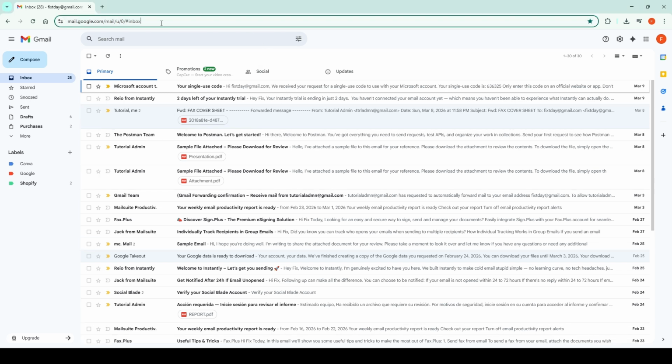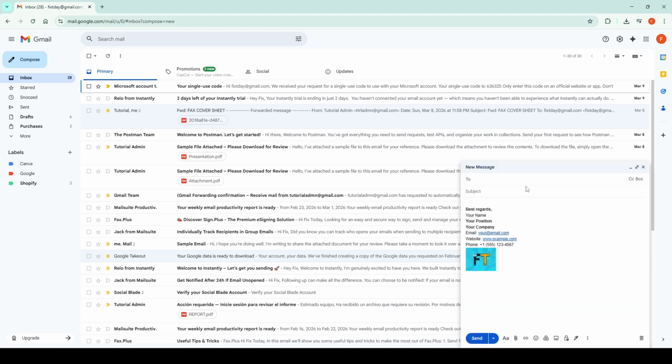First, go to the Gmail website and make sure you're already logged into your account. Once your inbox loads, go to the top left corner and click the Compose button to start creating a new email. In the Compose window, enter the recipient's email address and type your subject line just like you normally would